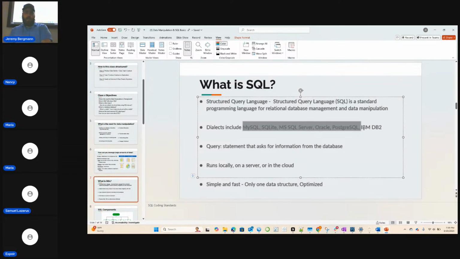So lots of different dialects. We talked about this at the very beginning. You could even put Access into that. It's different dialects. A lot of them are all the same. They're all based on SQL. But you'll find some of these databases have different functions. I found that Access wasn't able to calculate the median of a column, whereas Microsoft SQL Server and MySQL would have been able to do that.